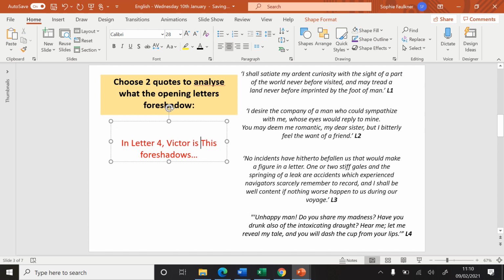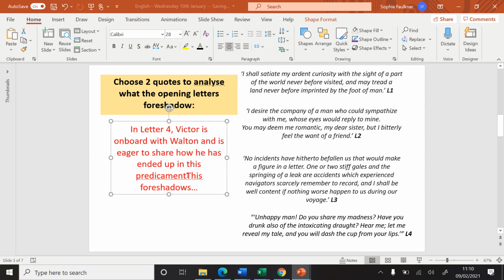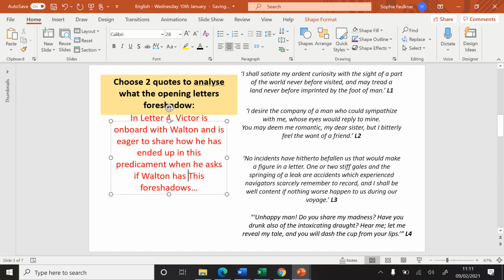Victor is on board with Wharton, and is eager to share how he has ended up in this predicament. When he asks if Wharton has drunk